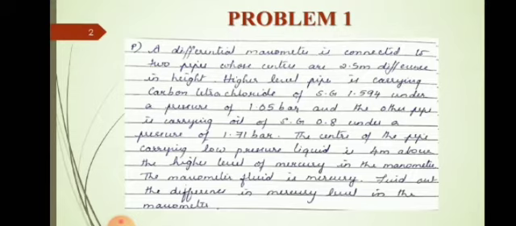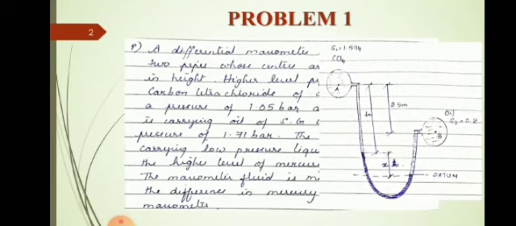So the main thing that you have to do here is to draw the figure correctly with the given information. So let's see how the figure comes. So this is how the figure comes. See, the higher pipe is at a higher level and the other pipe is at a lower level. I am calling this higher level pipe as A and the lower level pipe as B. Higher level pipe is having carbon tetrachloride with specific gravity 1.594, and the lower level pipe is having oil with a specific gravity of 0.8, and the center lines of the pipes are at a distance of 2.5 meters. So this data is also given in the question.